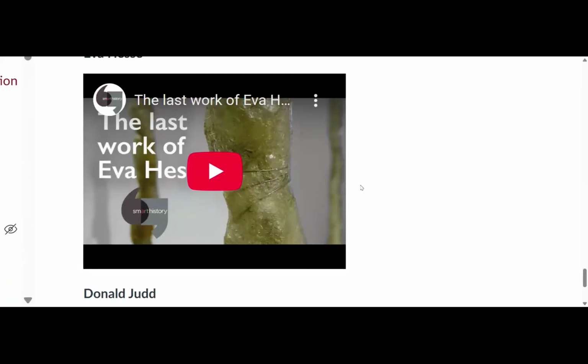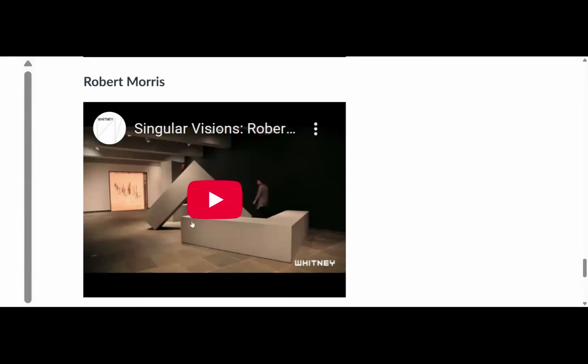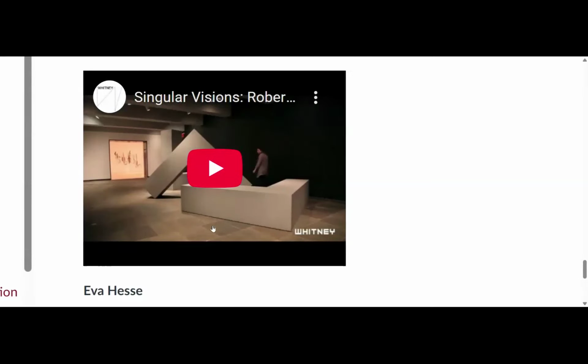Eva Hesse, I really like her work. I like her work because instead of making these monolithic simple forms, she looks at the natural world for her minimalist thing. So a lot of her things are going to look like cocoons, for example, or they're going to look like pupae casings, which I guess are the same thing, or they're going to look like stalactites, or they're going to look like sheets of paper, different stuff like that that have more of a relationship to the natural world as opposed to these other minimalist artists whose work really draws a lot on